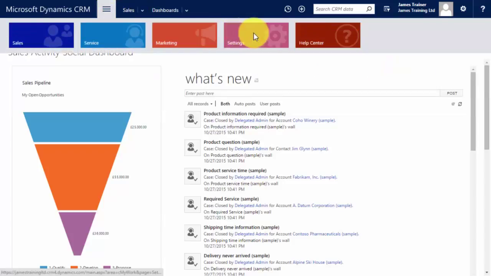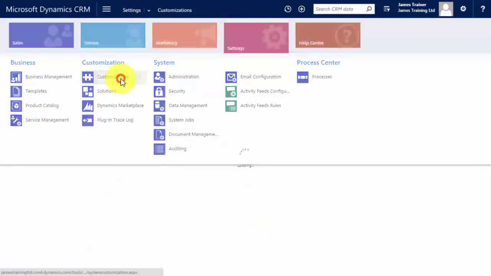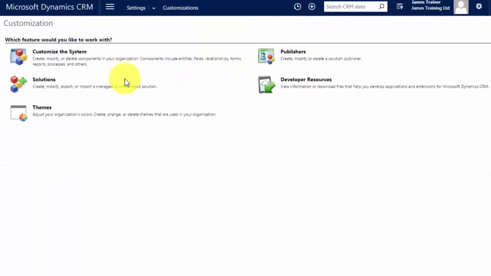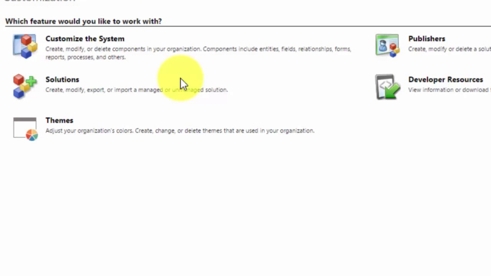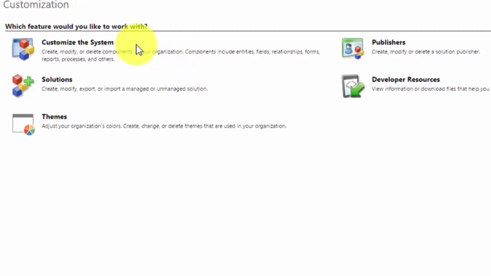We need to access the settings area and go to customizations or solutions. Now, the use of solutions is a good idea if you're going to make lots of bespoke changes to your CRM. A solution is a place where you can package up all of your customizations into a single record which you can then deploy out to your CRM. If you're interested in the use of solutions, please just look up online. There are lots of articles out there, or we may indeed make a video on one in the future. For the purposes of today though, I'm going to just make my changes to the default solution, therefore I click